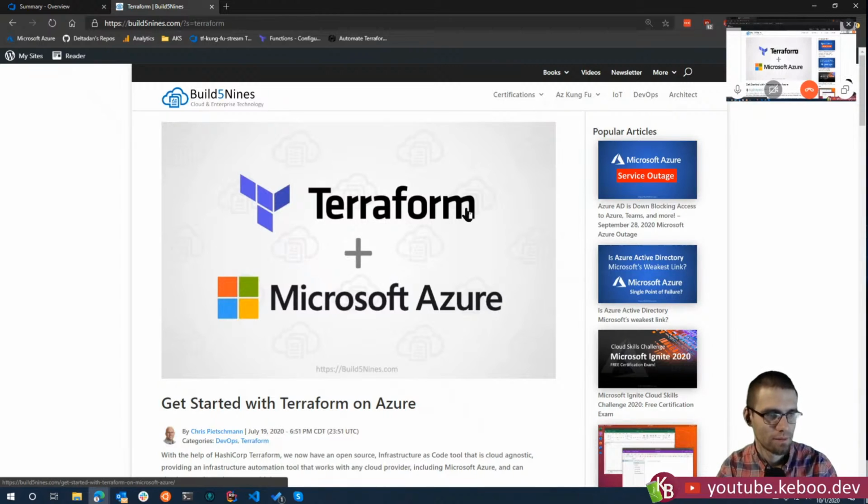I know ARM pretty well, and can be a little dangerous with that. And I also love the Azure CLI. It's one of my favorite things in the world when it comes to working with Azure. Chris Peachman and I write a blog called build59s.com, and we've been starting to do more Terraform because we're using it more and more on projects.